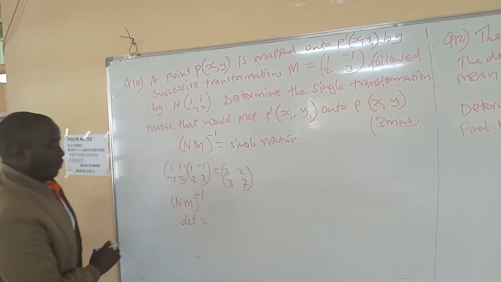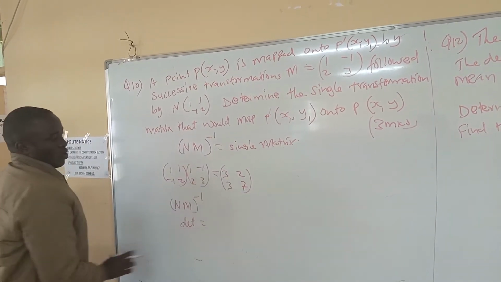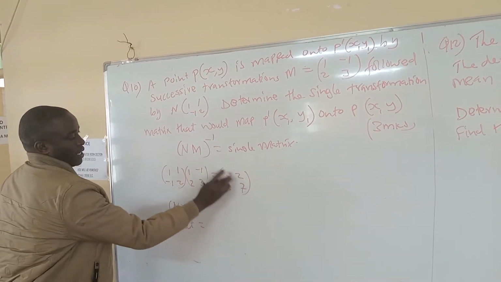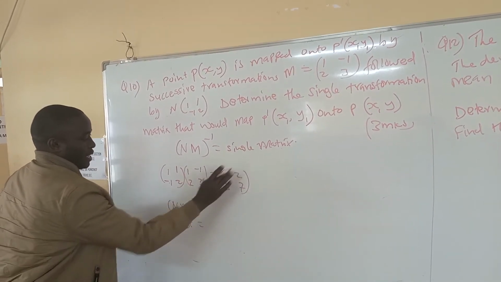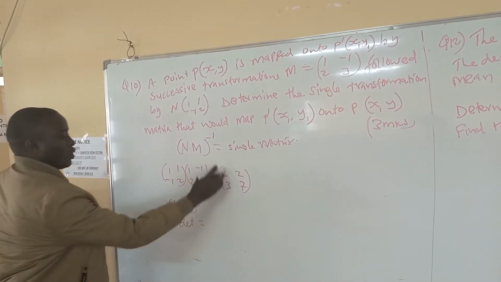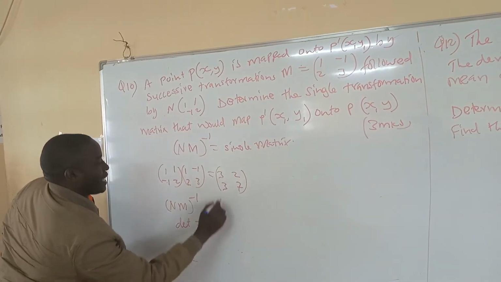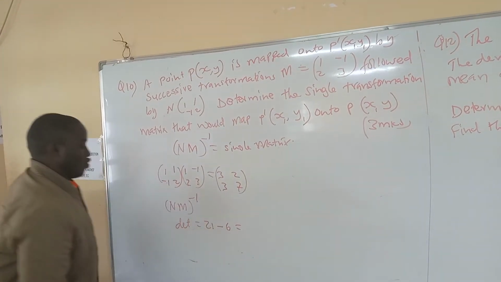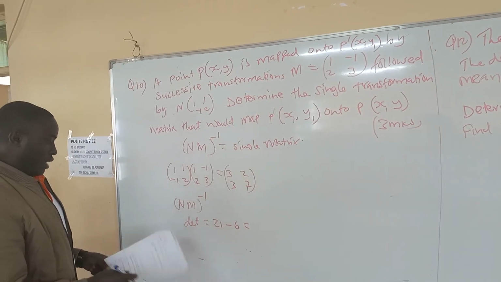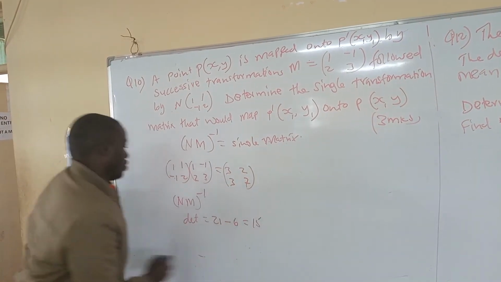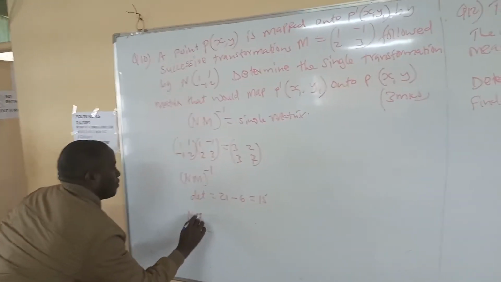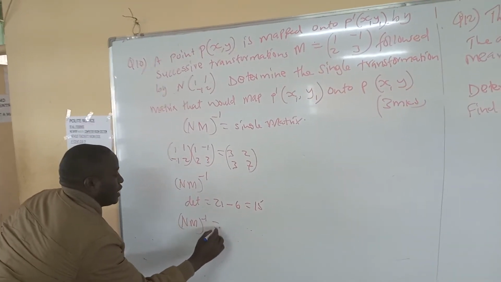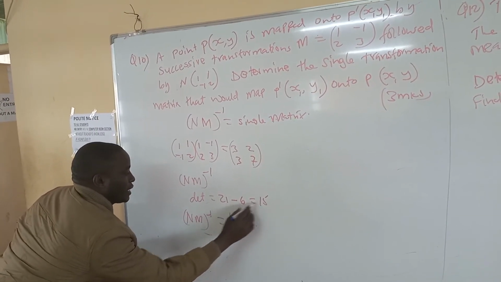The determinant is the product of the leading diagonal minus the product of the other diagonal. So it is 21 minus 6, which gives you 15. So we know the inverse, M inverse, is equal to 1 over the determinant, and the determinant is 15,